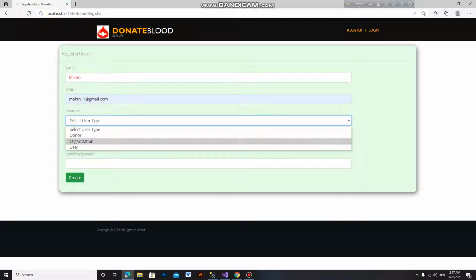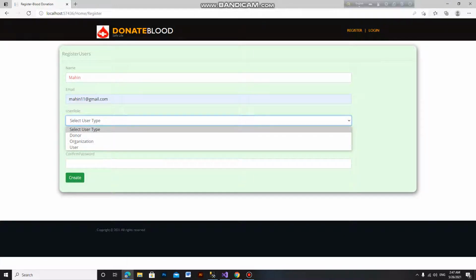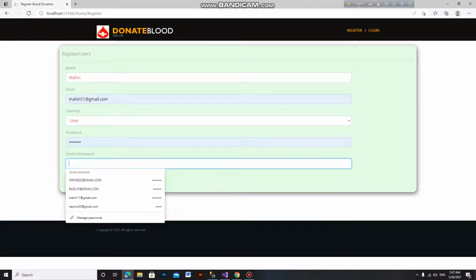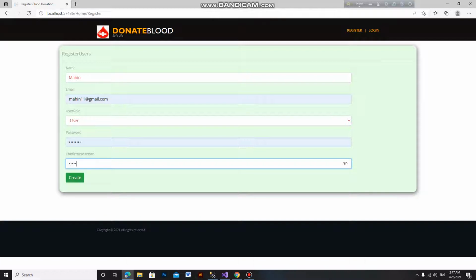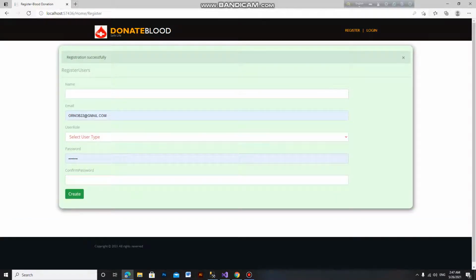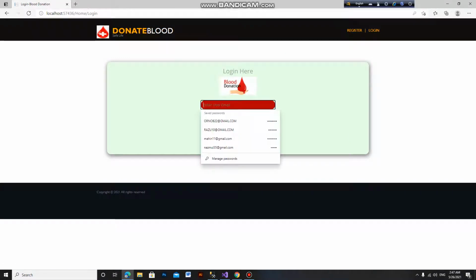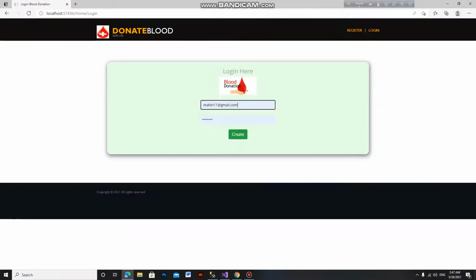If he creates an event, then he selects organization. So we can now show how to find blood and donors. So we select user and input password and confirm password. Then we create, registration successful, then we log in here, Mahin.